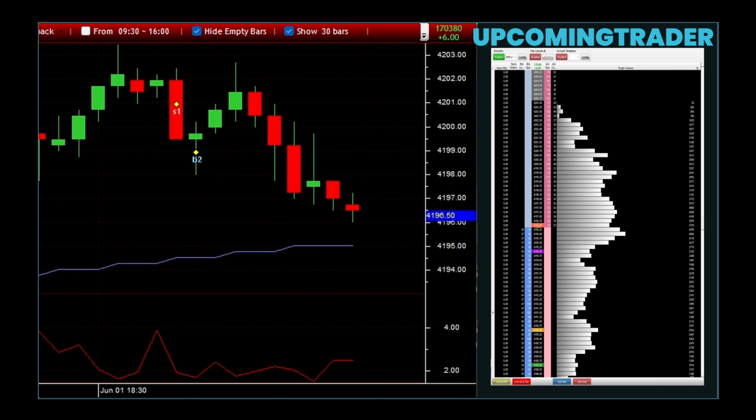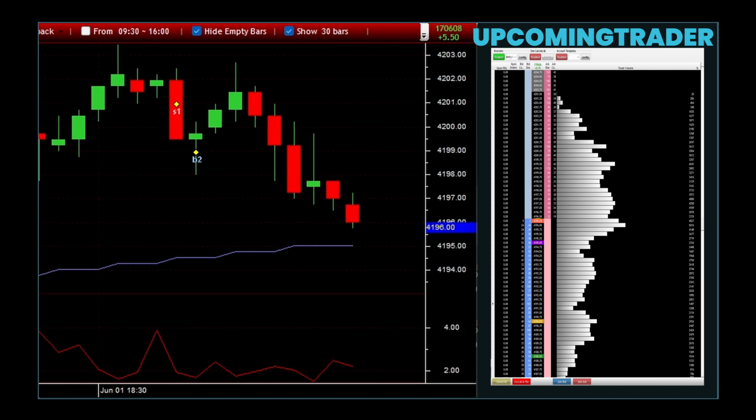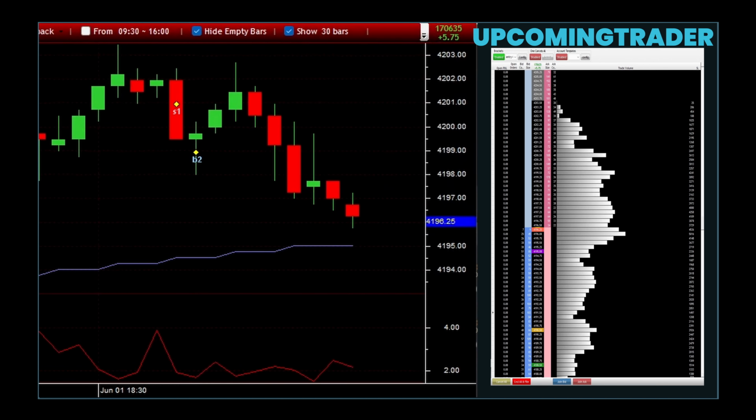Flags and pennants are essential short-term continuation patterns that signal brief pauses in the market before the prevailing trend resumes. These patterns often appear after a sharp price movement and can be powerful indicators that the trend has more momentum to continue. A flag forms when the price makes a strong move, either up or down, and then enters a